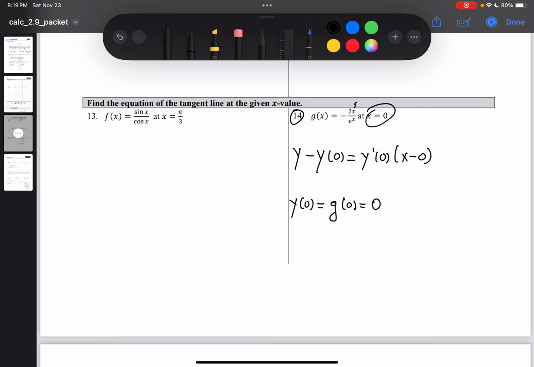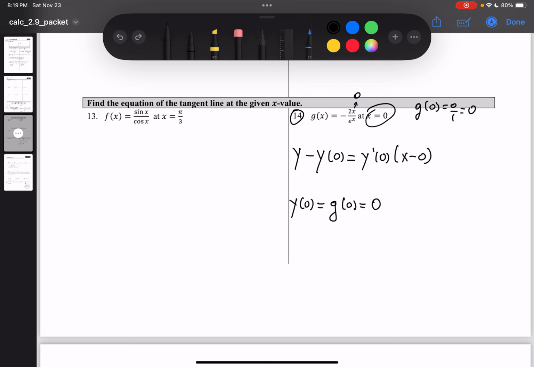Because if x is going to be 0, then the whole function is going to be 0. But then you're going to tell me e to the power of 0 is going to stay 1. So it's basically 0 over 1, which is going to be 0. So no, it's not an undefined form, okay? So g of 0 is basically equal to 0. Now, y prime